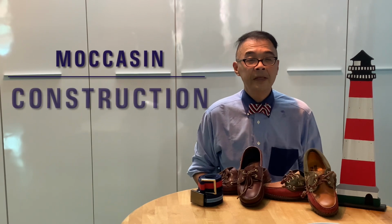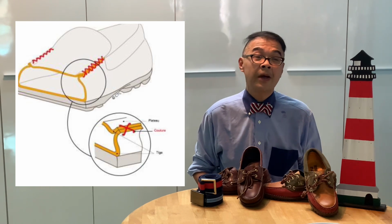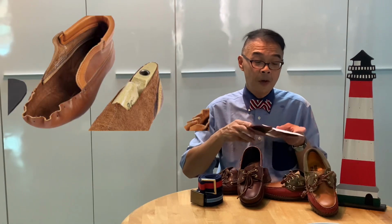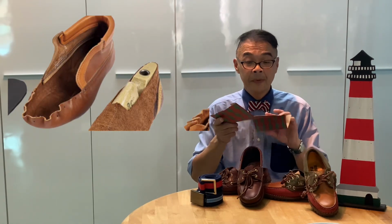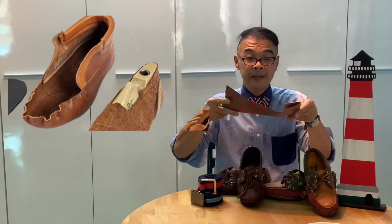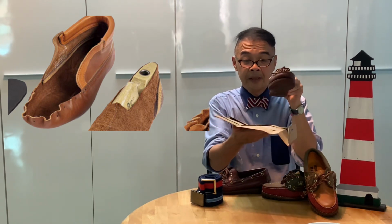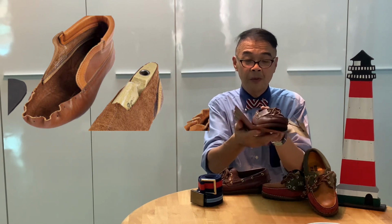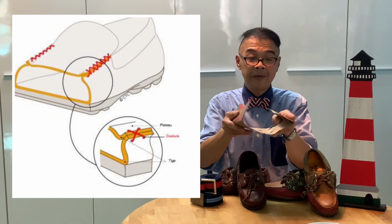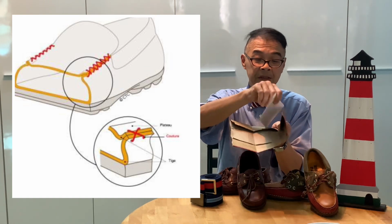When you talk about the boat shoes and the Blucher Moccs or even the penny loafer, it is a very simple and traditional footwear construction called moccasins. So what is a moccasin? A moccasin is practically a piece of leather. This is actually a piece of paper, but just imagine that this is a piece of leather. So the sole is over here. The piece of leather goes underneath the sole, and then it wraps around in this manner, and then on top, they stitch